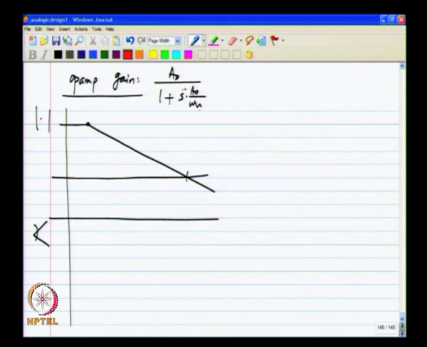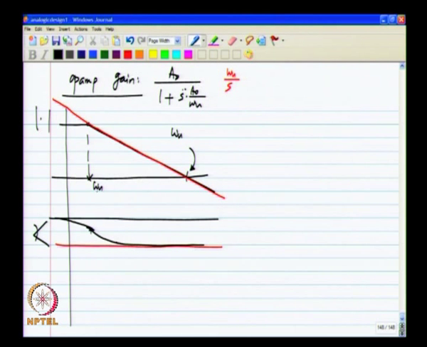And ideally, this should have been simply omega u by S, which means that the magnitude would have been like that. Similarly, ideally the phase would have been that way, and in reality the phase would be something like that, okay, where this frequency is omega u. We said that even for the op amp with the finite DC gain, it is approximately omega u. This frequency is omega u by A naught, and this angle is minus pi by 2. Okay.